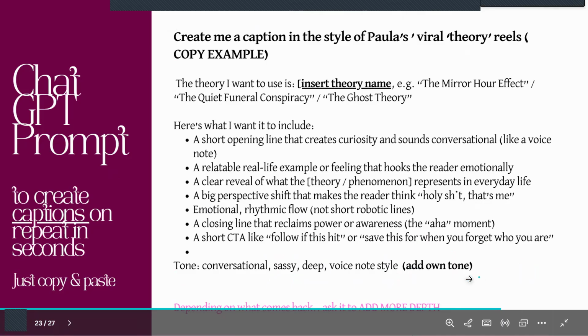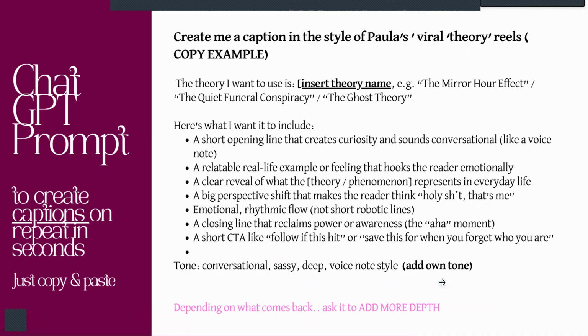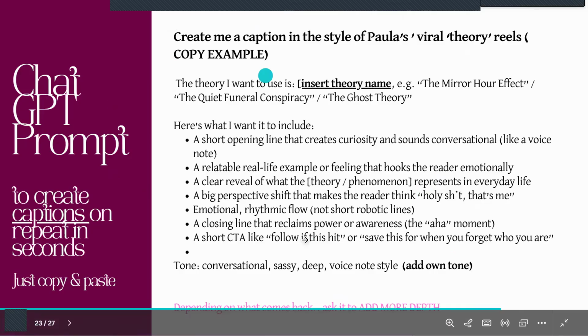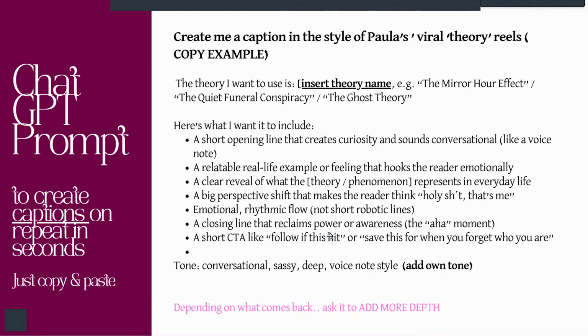And then whatever it comes back with, I would say 9 out of 10 times I don't use the exact one it comes back with. Go back to it and tell it what you want a bit more of. So 99% of the time, I say, can you add a bit more depth into this? I want them to actually have a perspective shift or gain something from this. So I might, in total, create the caption for one set of 10, because we're going to use the same one, maybe 5 minutes it takes me because I'll use the prompt.